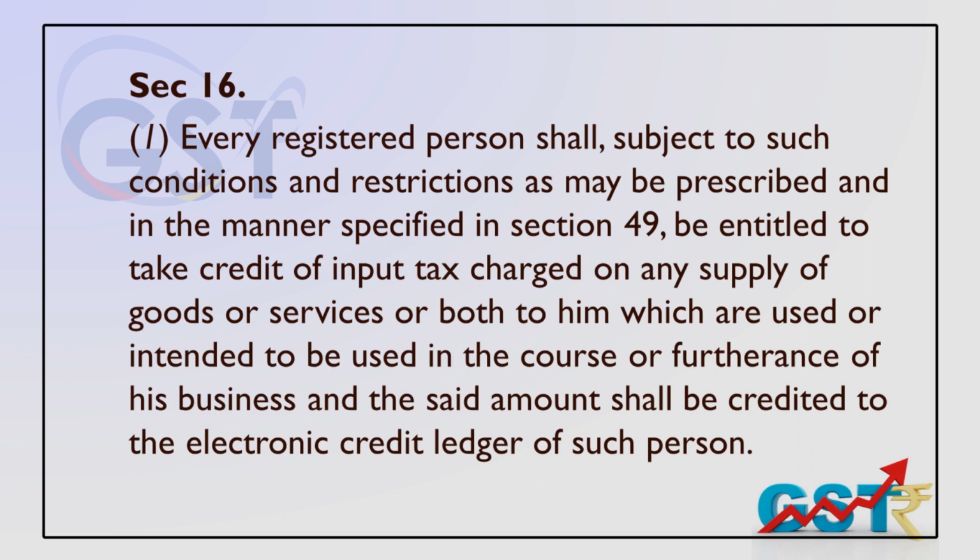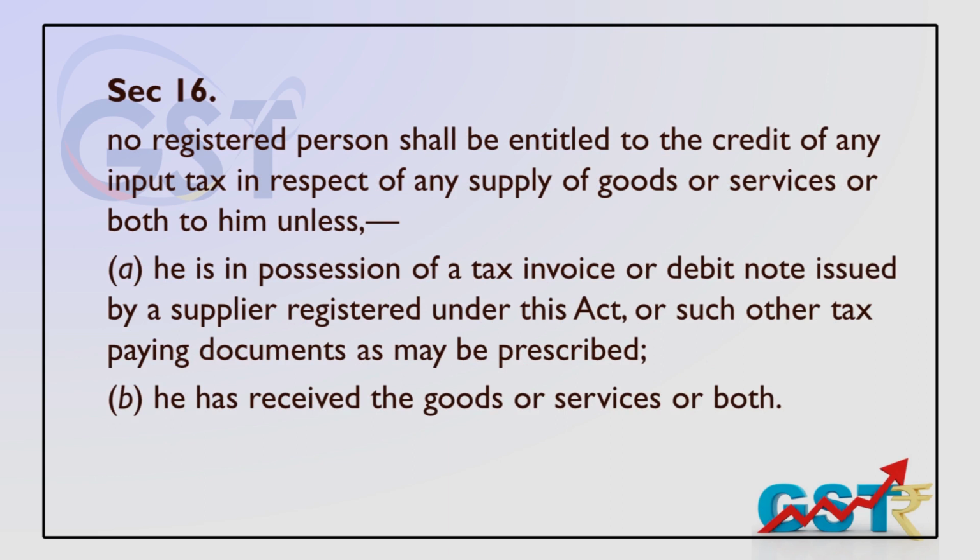maybe there are conditions. Like what are the conditions? I'll speak about the conditions, but the fundamental condition is that whatsoever I have purchased, I should have documentation. I should have a piece of paper called an invoice giving all the details in it: sale price, tax amount, the purchase, everything. And the restriction means I cannot take a credit multiple times on the same input. So conditions and restrictions the government may impose from time to time for restricting misuse of the credit.